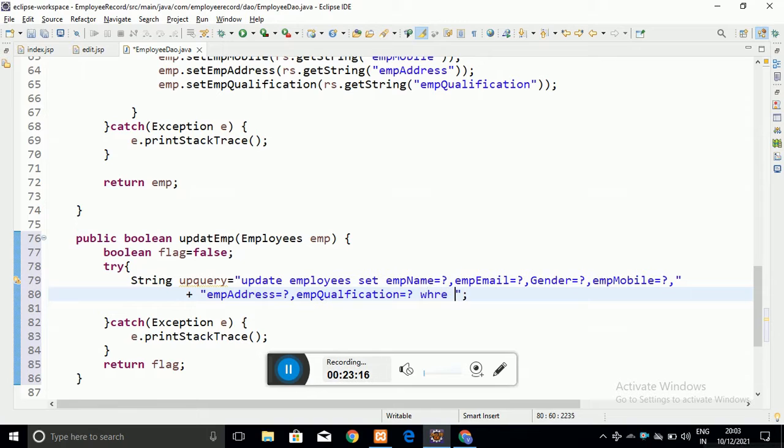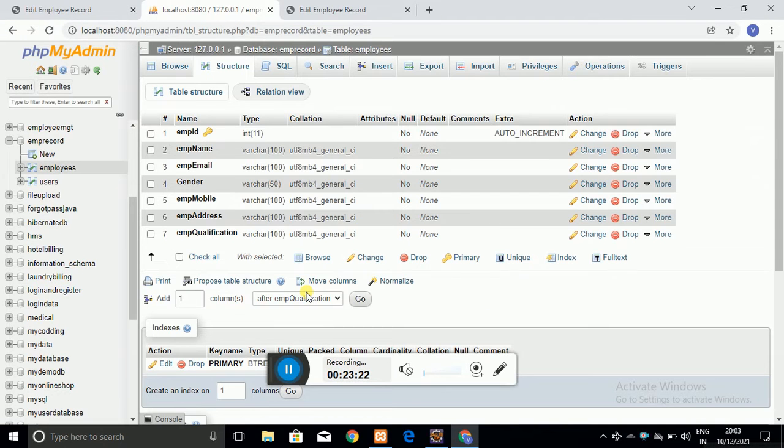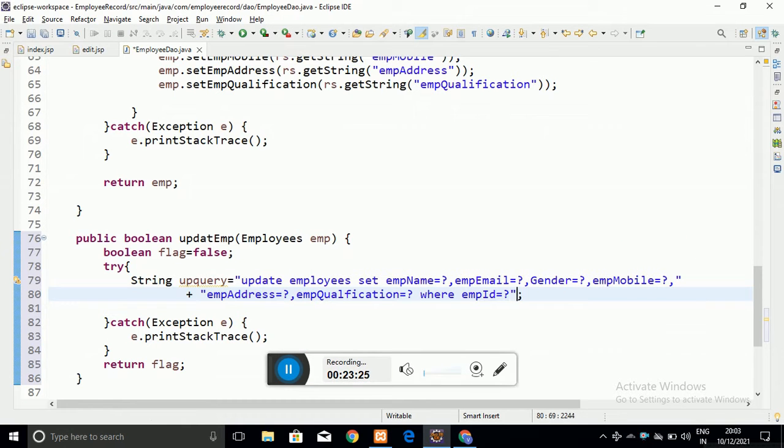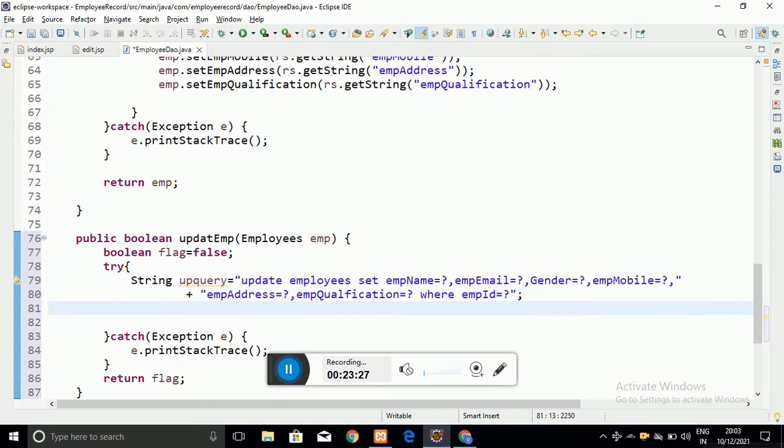The condition is that I update only when I get a particular employee id, where emp id equals question mark. That is also a placeholder that I am going to replace.